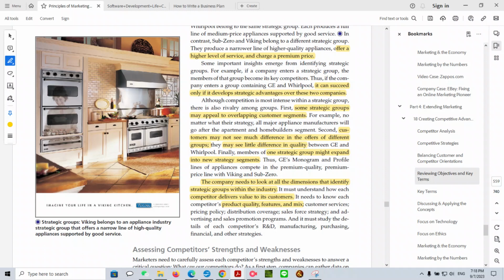Then we need to look at the policy. This has to do with returns and warranties. Distribution coverage, where is it sold? That's basically the place, as the third P in the marketing 4 Ps. And then we have sales force strategy. Some of this stuff is not easy to find out, but